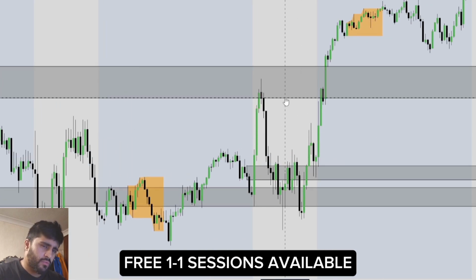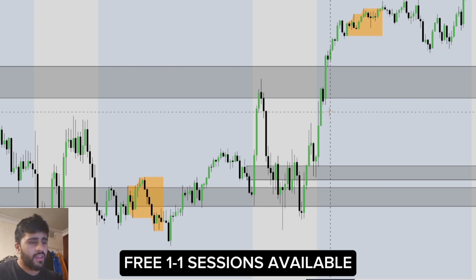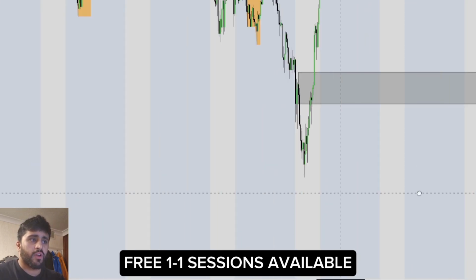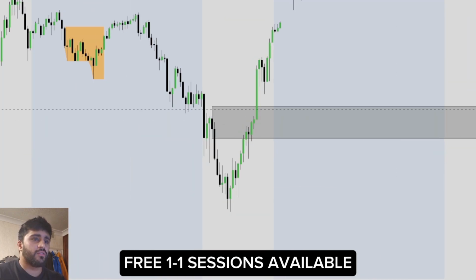Now, one thing you want to note is you're not looking to trade off any random fair value gap. Fair value gaps are only useful to trade from if they have been backed up by order flow. Now, how do I pick the fair value gap to trade from? There's no exact rule for this, but a couple of things I look for when I pick fair